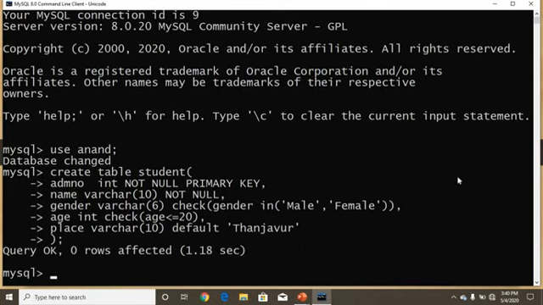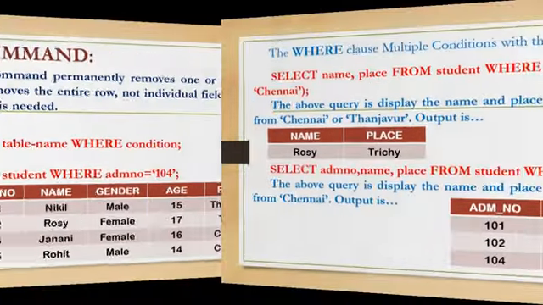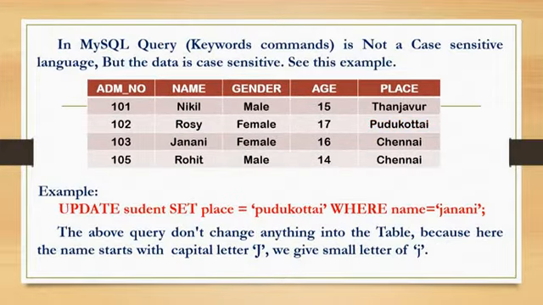The query is okay, which means there is no error. It's executed successfully. Now I am going to insert the values. What are the values we have? Check this table. We have to insert these values only.